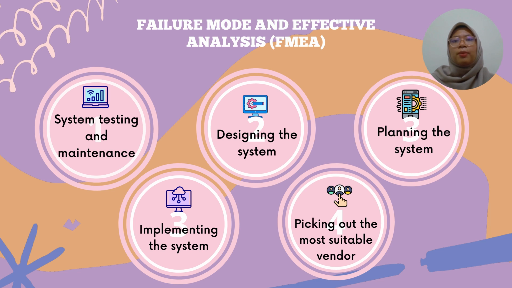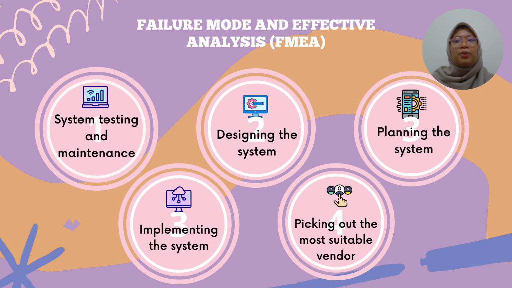In this case of NNA Bank of Malaysia, we found out that the failure from the system testing and maintenance process contributes to the highest severity with 225 RPN. This is because this will lead to the system failure, causing no work can be done. The reason for this issue to happen might be because no proper testing is done after the system was developed, as well as people working on the system are incompetent, with lack of training and experience.